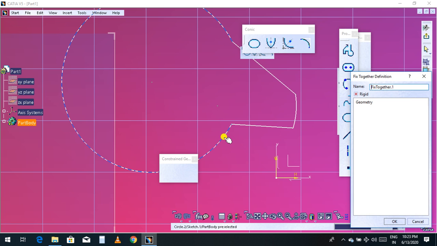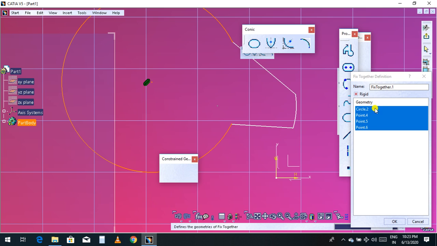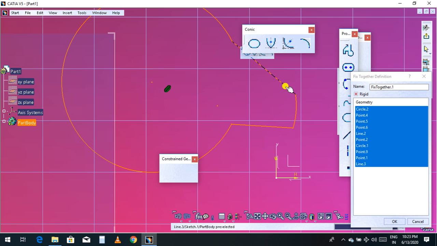Now select the line, the circle, and points 1, 2 and 3, and one arc. So it is four geometries. Now I will choose this one again, this one and this one. So all the parts are covered. Now I am going to click OK.